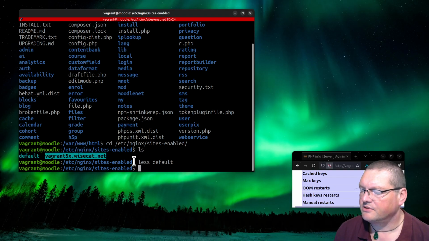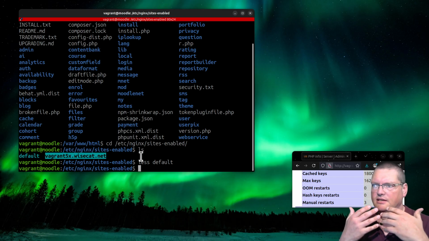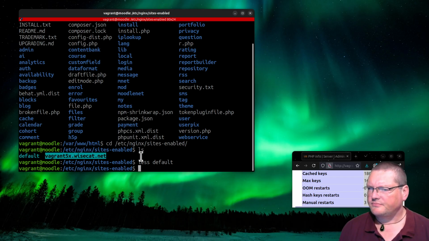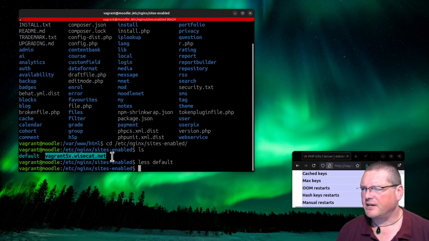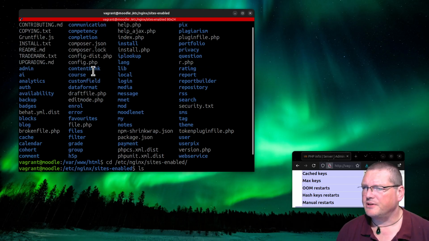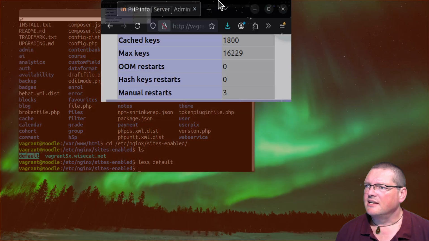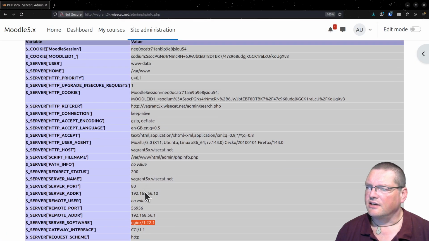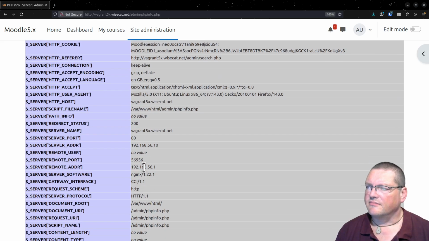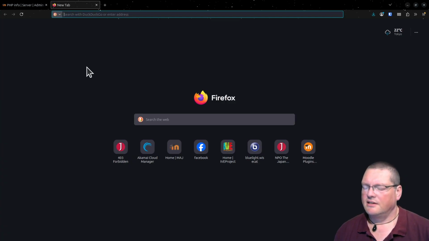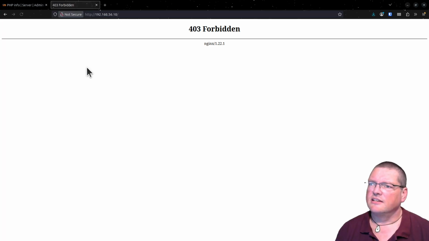This will actually show as the PHP. It'll pass it to PHP and all the PHP will actually run as PHP, but the default configuration won't. So what that means is, if I just now say, this is the remote address, the IP address of the server, and I take this server address and access that, now I'm getting the default configuration, and it says 403